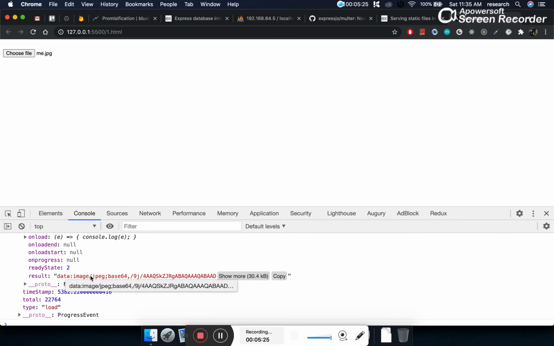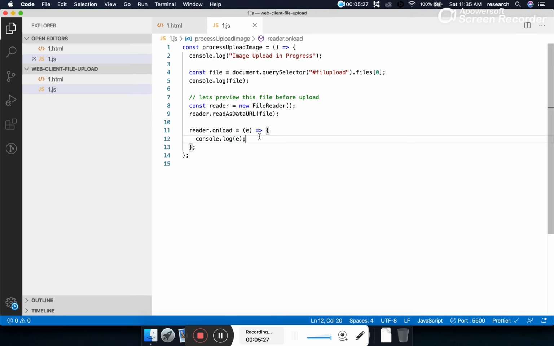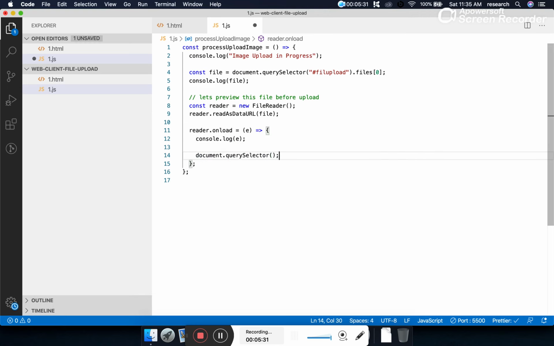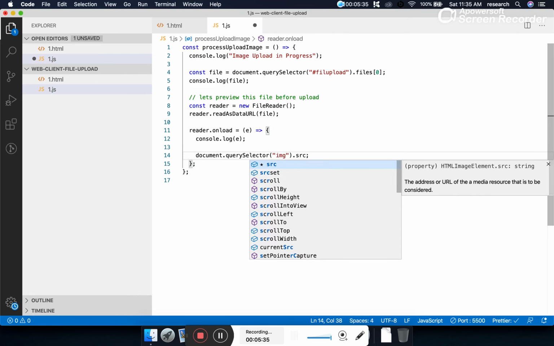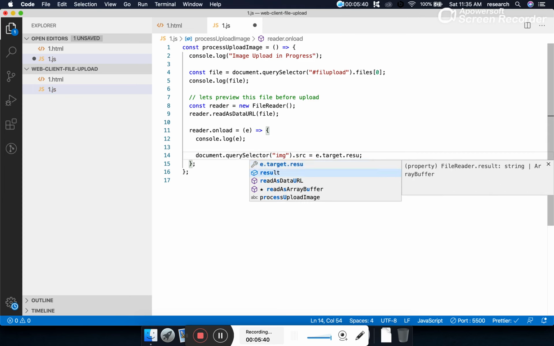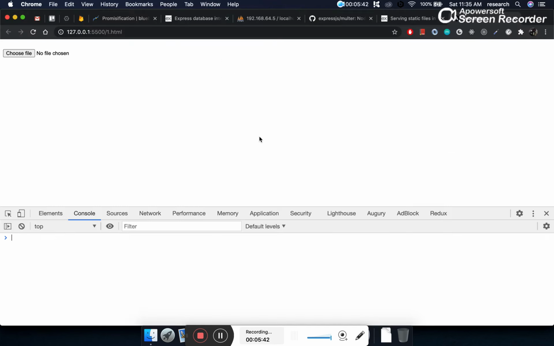This result can be used to display the image. So here where we are displaying the image, document.querySelector, and the query selector is image. That means on the image, let's change the value to e.target.result. Now let's have a look.